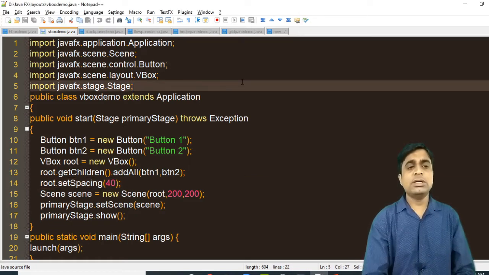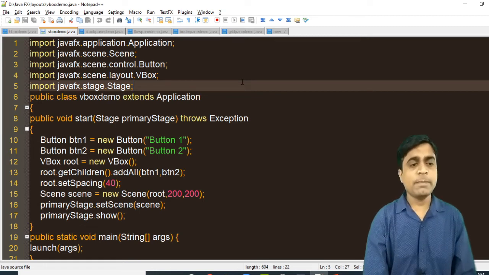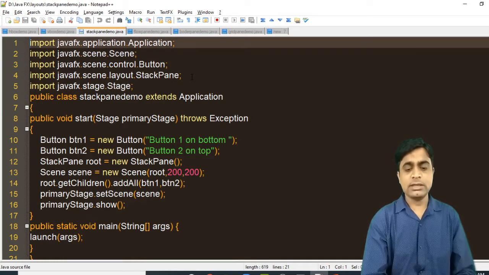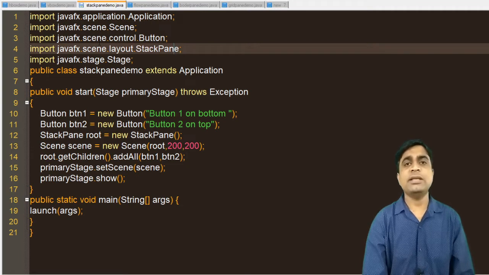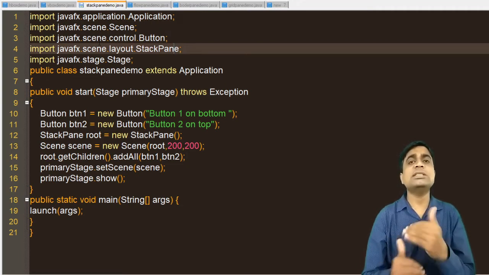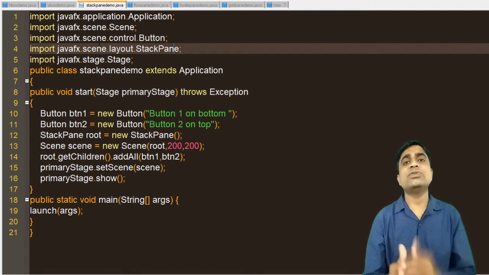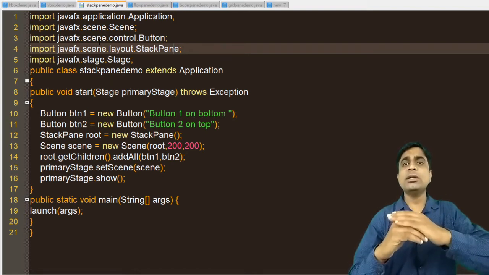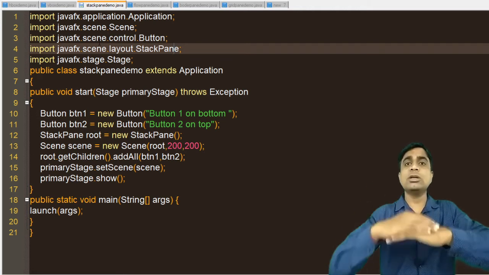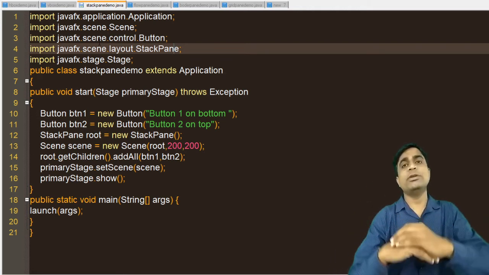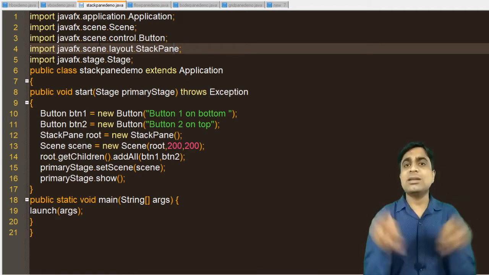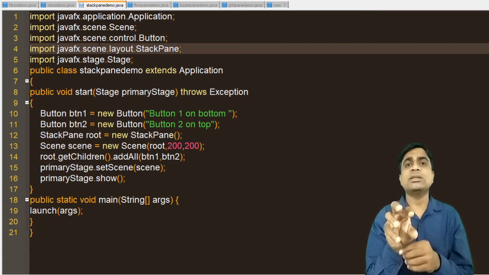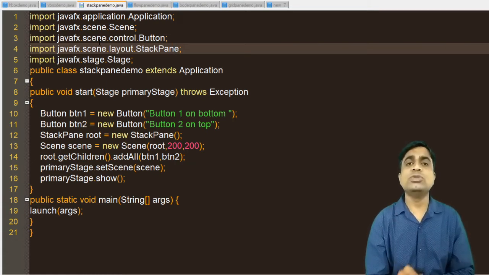Now the next example is the StackPane. I am just maximizing the screen. So the next example is the StackPane. What is a stack? A stack works in the form of last in, first out. The first component will be displayed, above it the second component will be displayed, above that the third component, above that the fourth component. So that is the use of the StackPane. Suppose you want to draw a circle, and in the circle you want to show some component, at that time you can also use a StackPane.